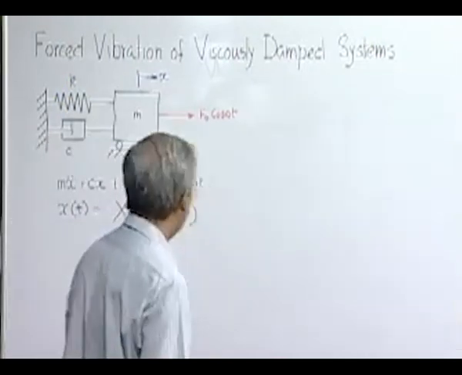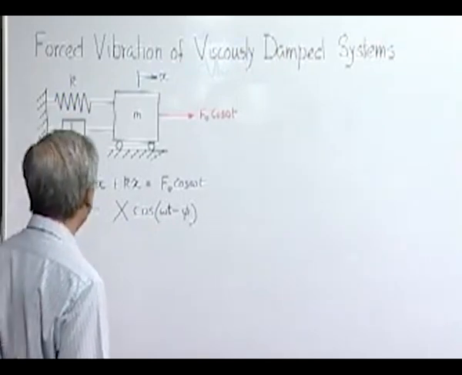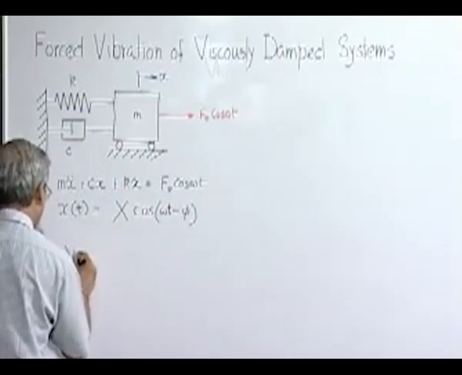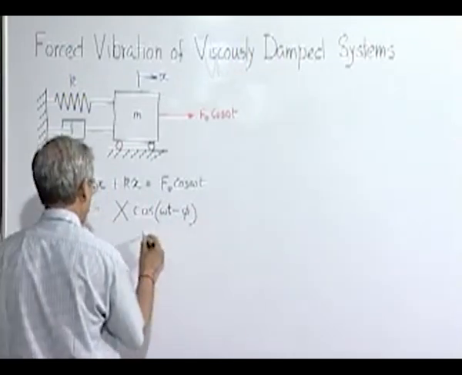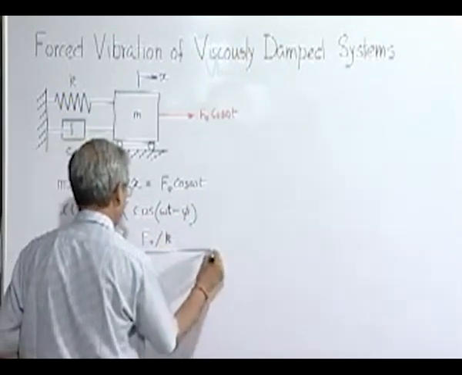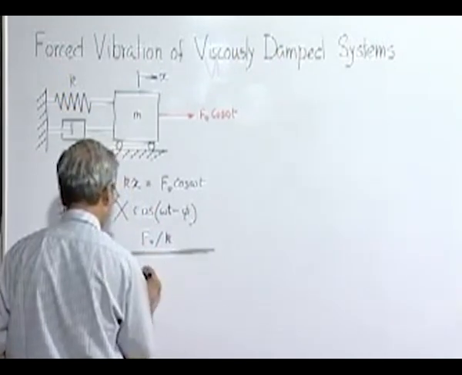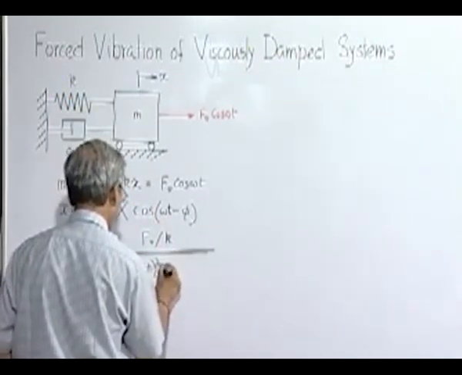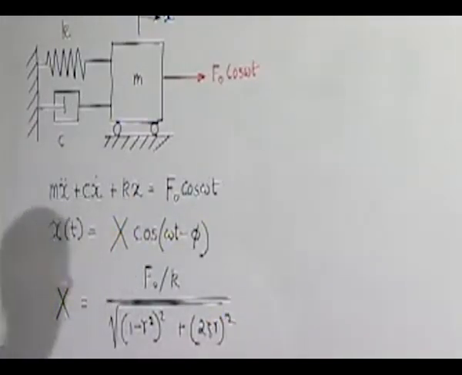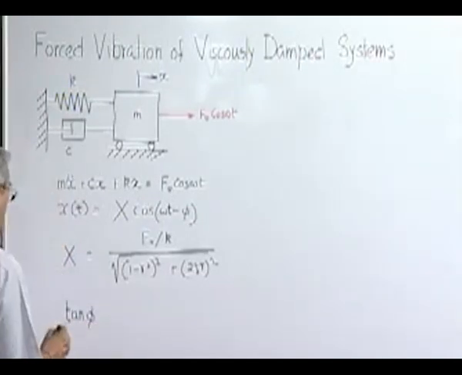Next, what we did, we substituted this in this equation of motion and found out the values of x and phi. That means, the amplitude of the resulting vibration x will be f0, and the phase difference, the tan of that